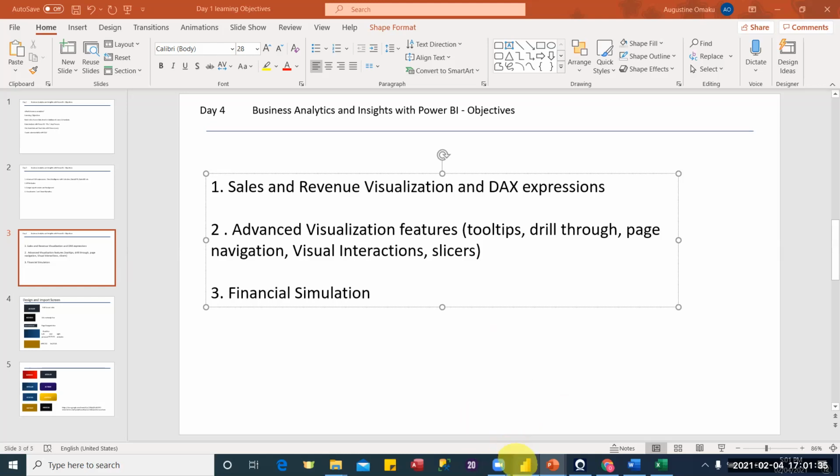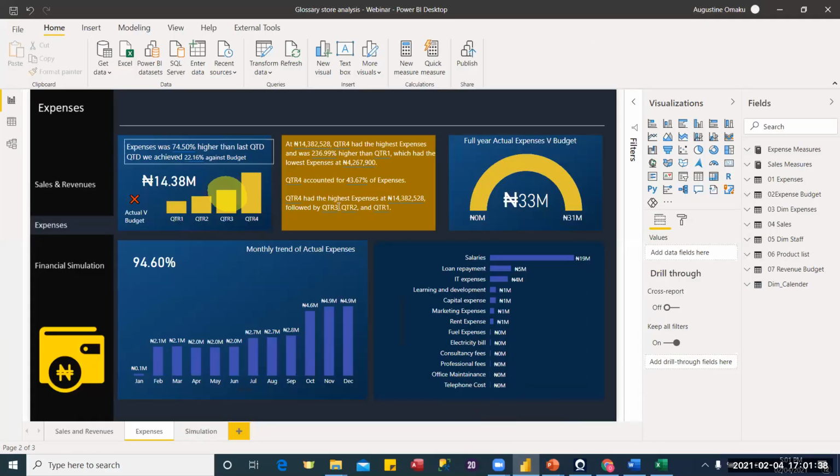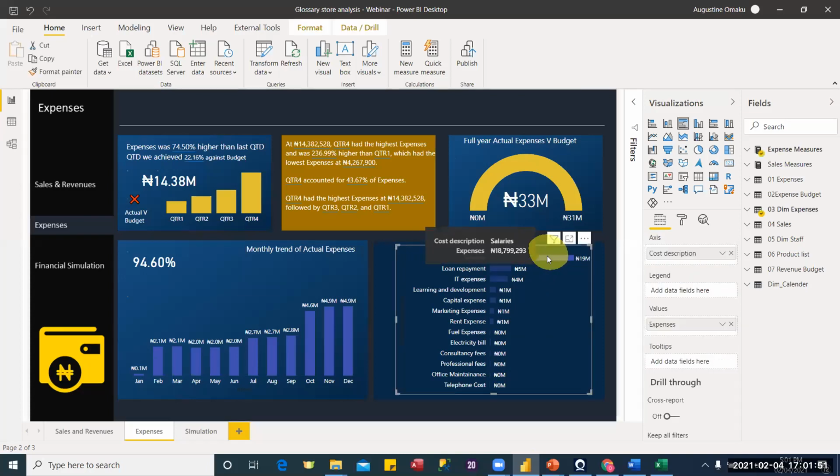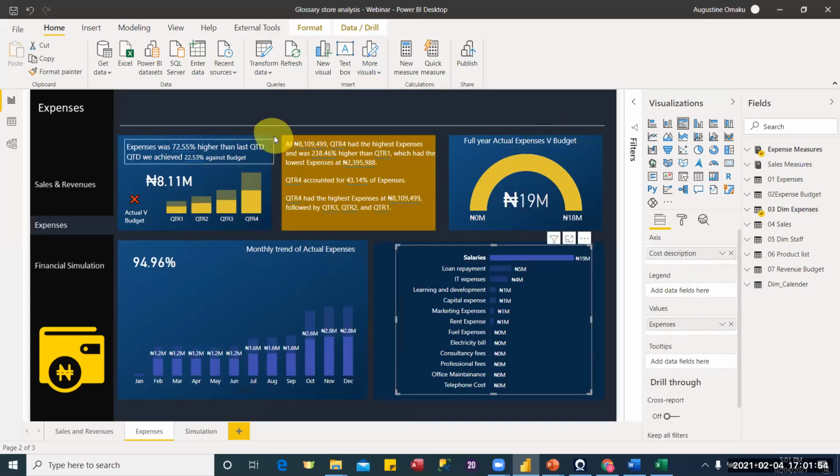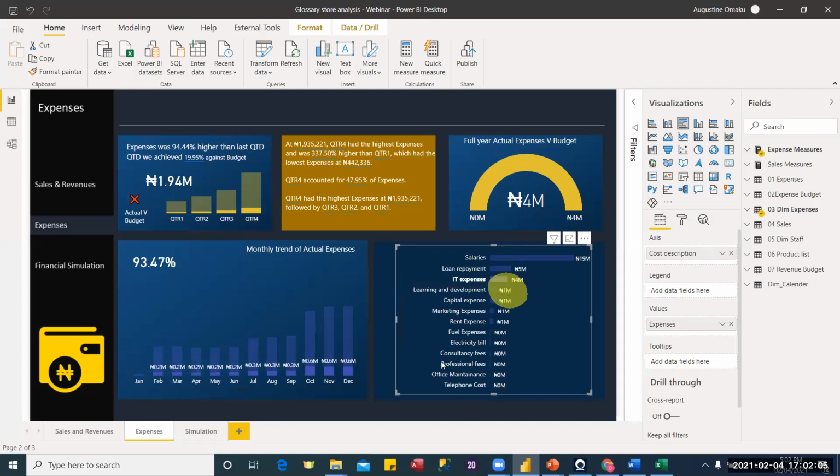Before we go ahead, this is the visualization we did yesterday on expenses. If you want to interact with the visualization, you can. For example, you want to see salaries. You can click on salaries on this visual and interact with everything, even your comments. It's super dynamic. But this is salaries. Then if I want to look at IT expenses, I click on IT expenses. I see the trend. I see the total for the year versus budget. Then I also see IT expenses for the quarter,